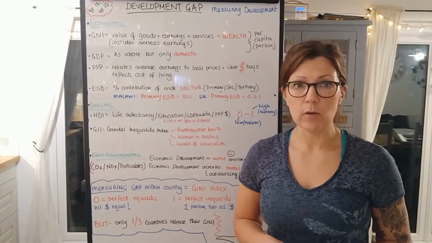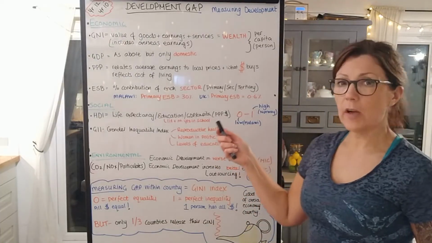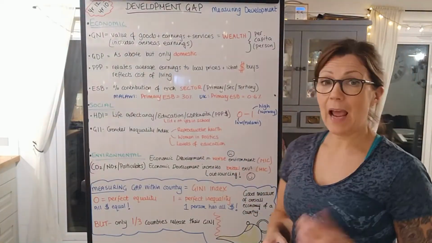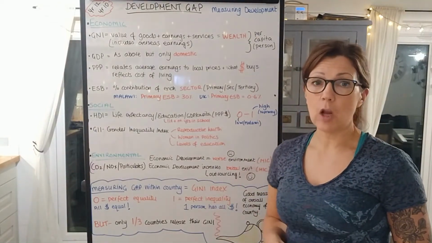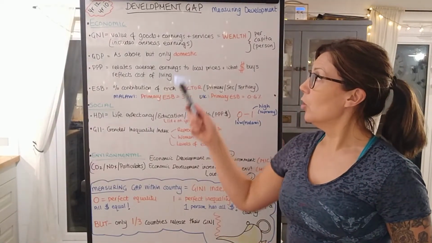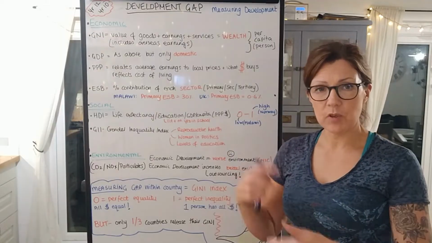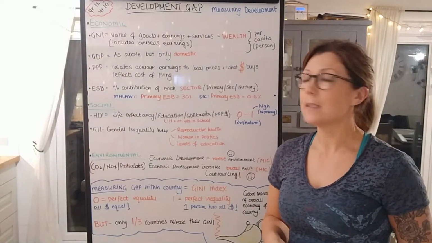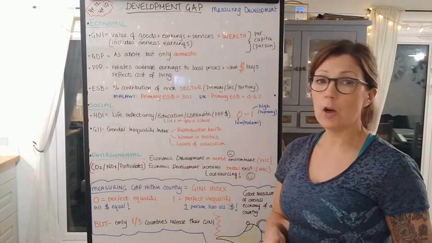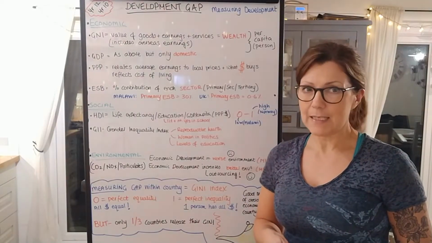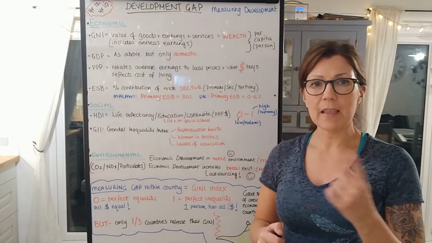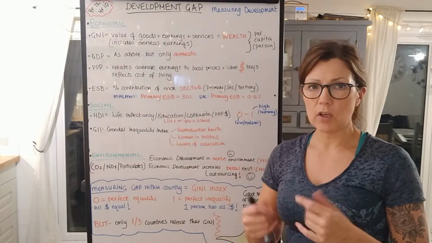Globalisation unit or module. So what we're going to look at today is the development gap and how we measure development. So it's the very beginning of this section of globalisation. We're going to be looking at different indicators, and I'm just going to be talking you through the different indicators. So we're going to start off with economic indicators, and these indicators in the exam are sometimes called single indicators. So there's just one thing that measures development, and we look at the pros and cons in a little while